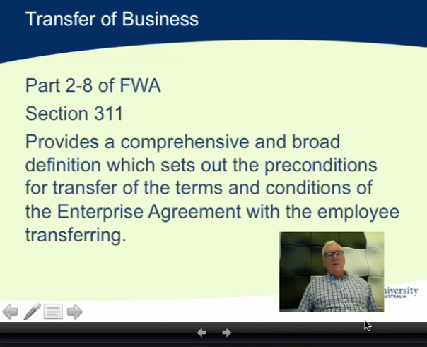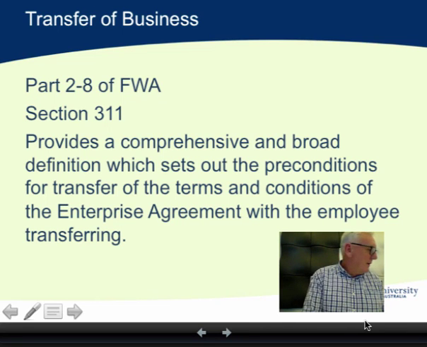Now, this can be a bit tricky, but for our purposes, please don't stress too much about transfer of business. The whole issue around transmission of business is probably a little bit easier these days. It used to be, there is a bit that swings on whether or not a business has been transferred across. To give you silly examples,